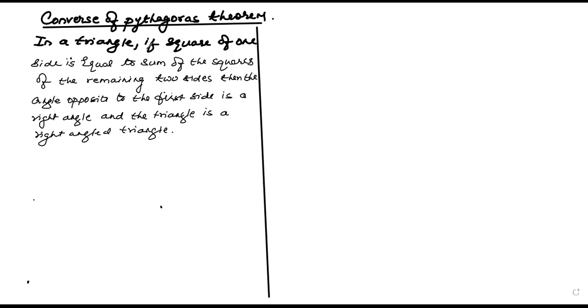In a triangle, if the square of one side is equal to the sum of the squares of the remaining two sides, then the angle opposite to the first side is a right angle and the triangle is a right angle triangle. शॉर्ट में इसका मतलब क्या है, अगर आपके पास एक ट्रायंगल है और अगर किसी ने भी पूछ लिया, अरे भाई ये ट्रायंगल राइट एंगल ट्रायंगल है क्या, this triangle is a